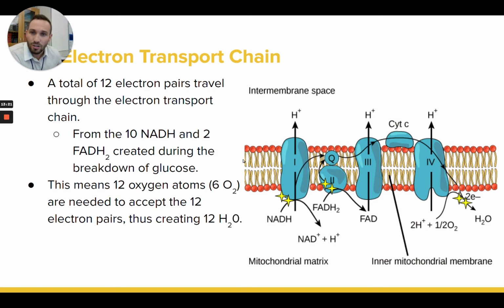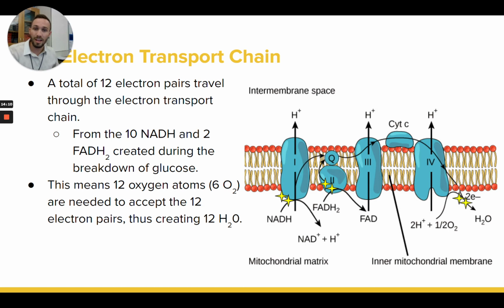But that's the electron transport chain. If we do some math here, we add up all the numbers, there's going to be a total of 12 electron pairs that are taken from one glucose molecule. You can go back and look at glycolysis, pyruvate oxidation, and the Krebs cycle, and you'll see that there's 12 times that FADH2 and NADH take electrons. There are actually going to be 10 NADHs produced and 2 FADH2s created during those first few steps of cell respiration. And so that's 12 pairs of electrons total that were stolen from that one glucose molecule that we started with,